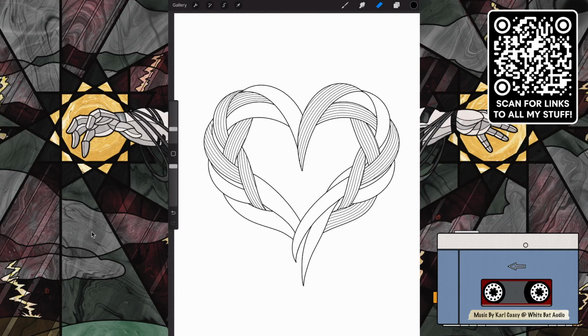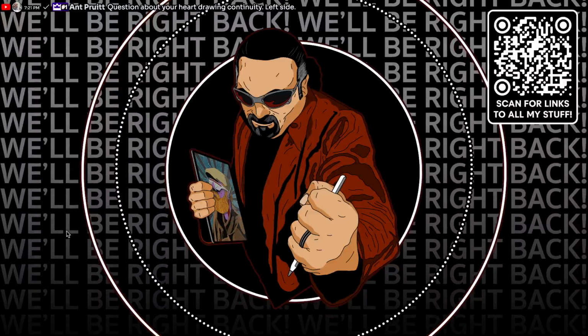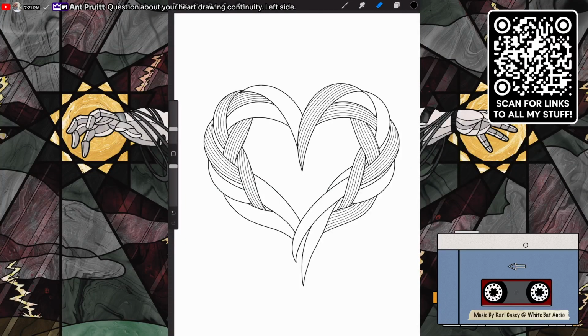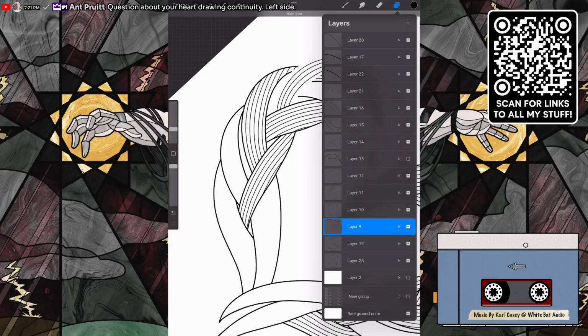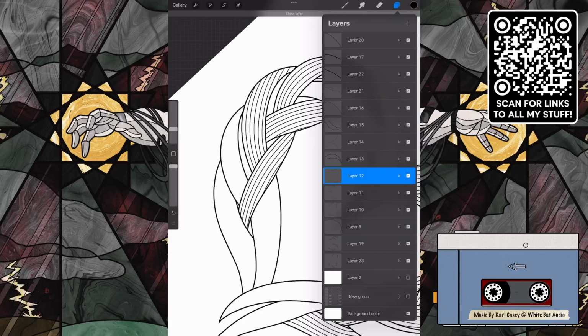It's held up shockingly. So I think that's my cue, since I can feel the warm spot where the processor is, to do this. Oh, okay. Heart drawing continuity, left side. Oh, yeah, I can see it. I see it. Yeah, let me fix that. Now that you said that, I can see it. Yeah, there we go. Oh, that's going to screw that up. Is that going to screw that up?